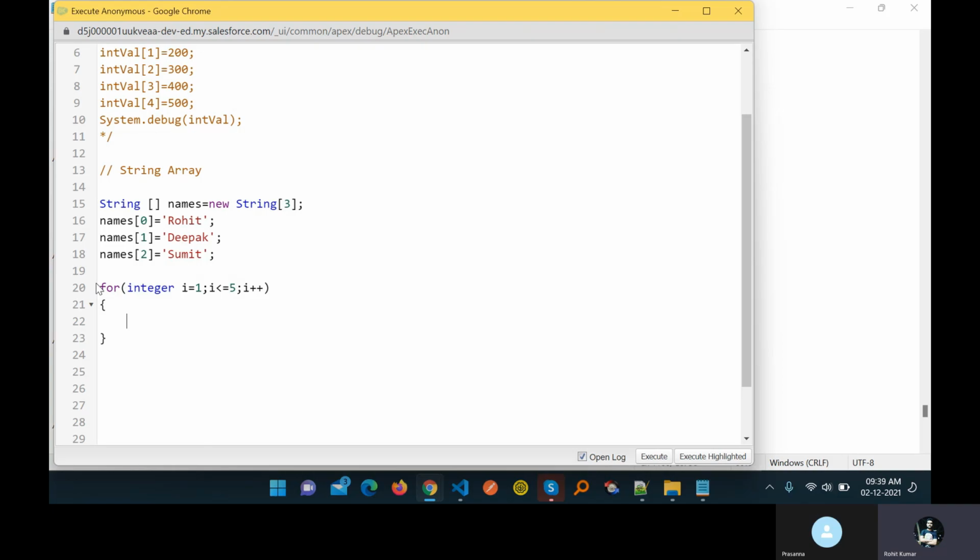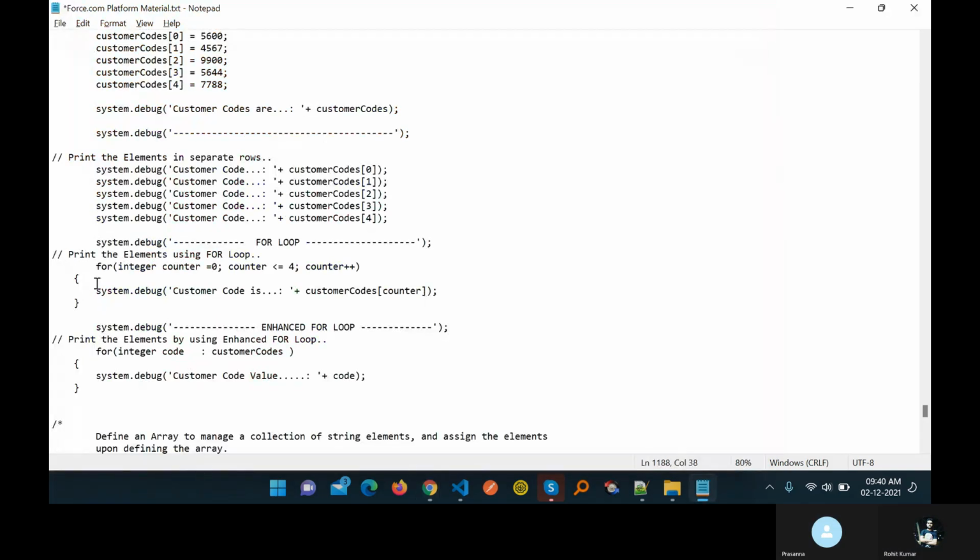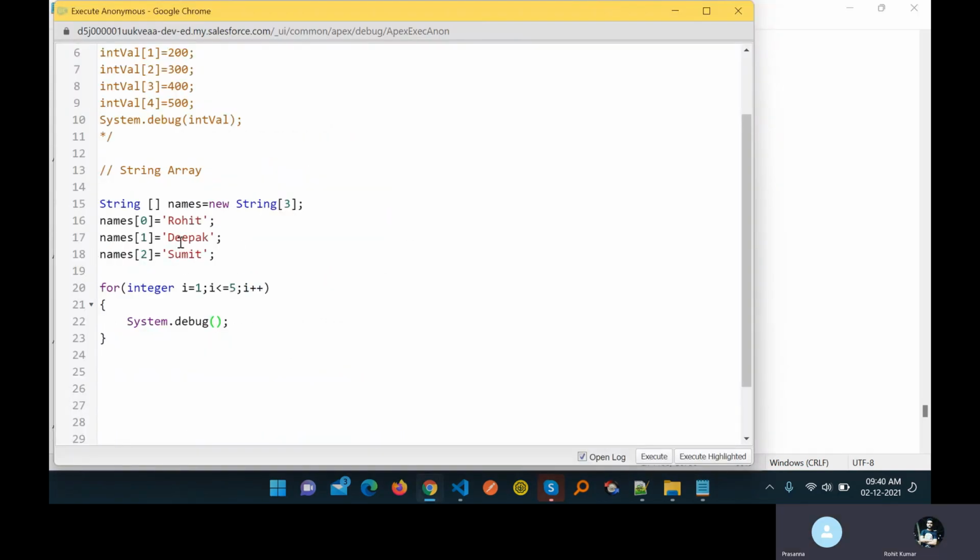After that, if you want to print all the values, you can print them in the same line, or you can use the index as well. So how to print with the help of the names array using the for loop?